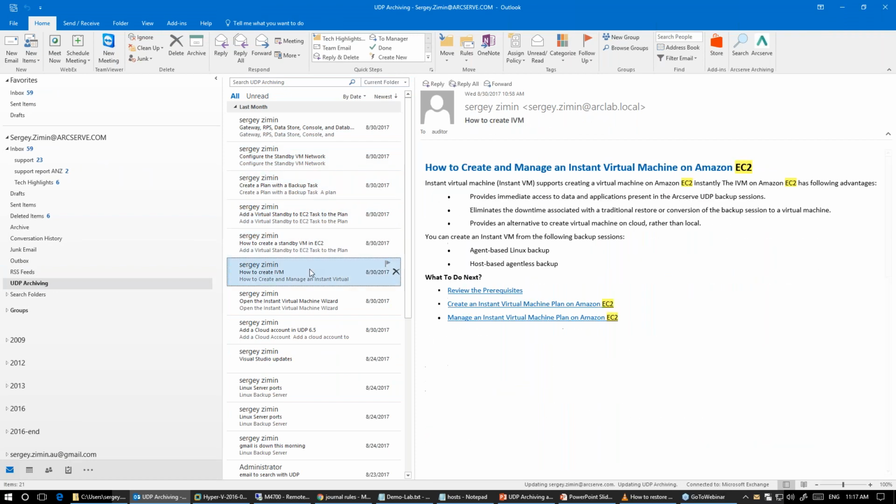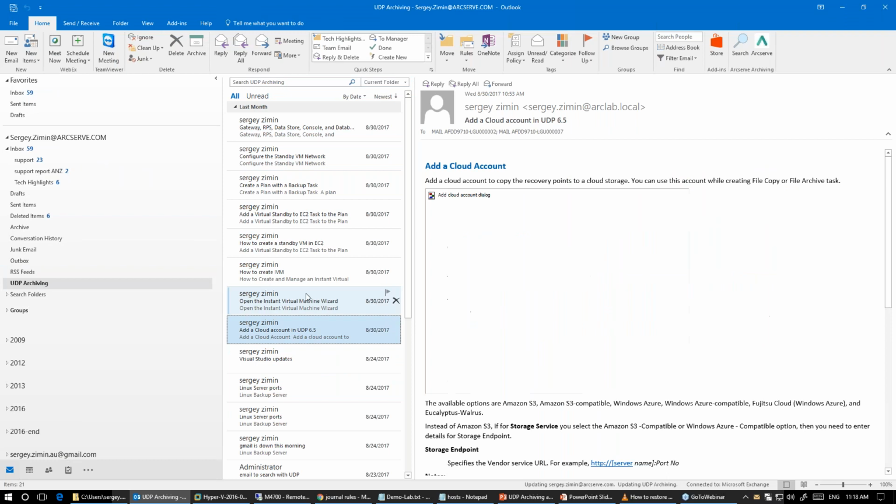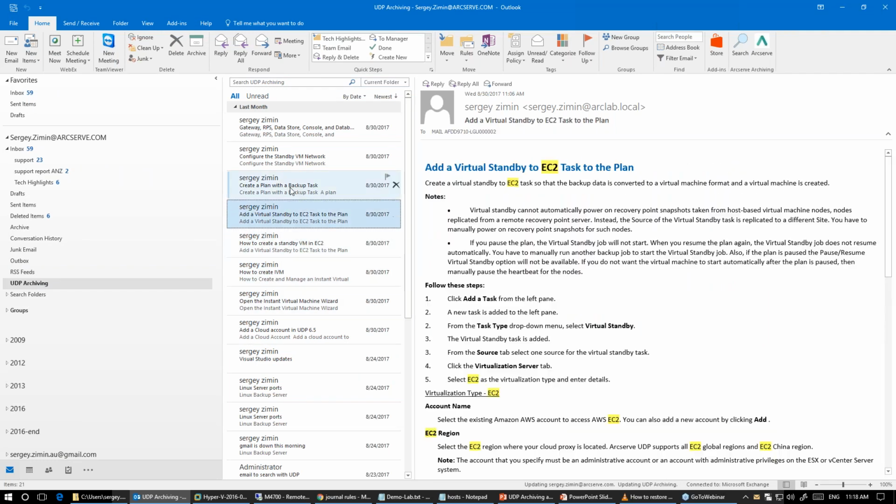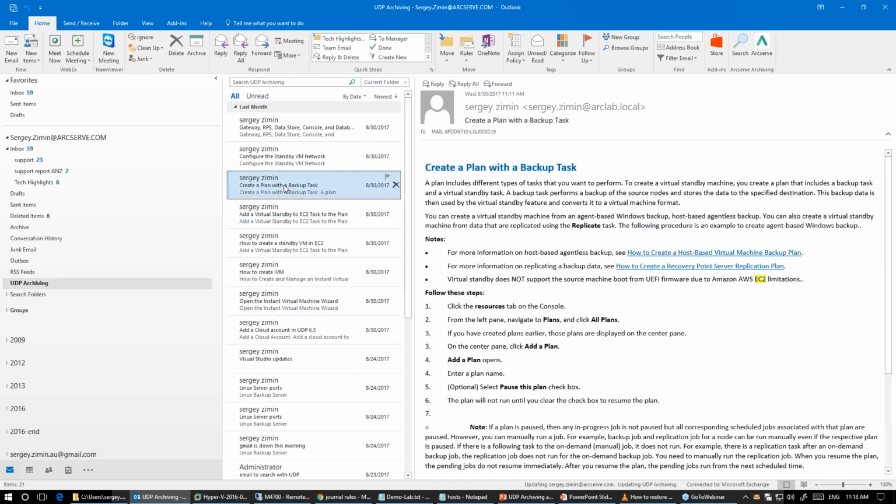All emails which I found. And I can forward them, I can delete them, I can do anything with them, but the original collection of items in UDP archiving appliance had not been changed. And this is the main idea. Nobody can edit that collection. We can work only with copies of that.